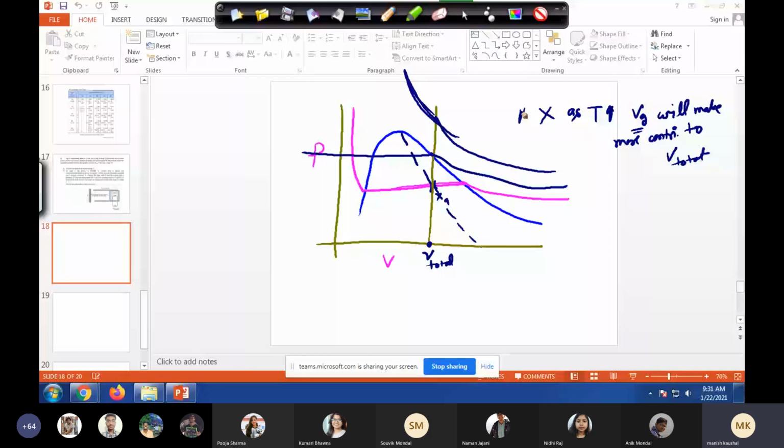So let's say this point corresponds to X equal to 0.8. If you go vertically upward on this line, then at these points X is higher. So if you are looking for X equal to 0.8, you have to go left. So probably X equal to 0.8 will be here on this isotherm. Similarly, at higher temperature, X equal to 0.8 will be more towards the left, and so on. So these are constant quality lines. That's what I wanted to discuss: this way you can draw various constant quality lines.